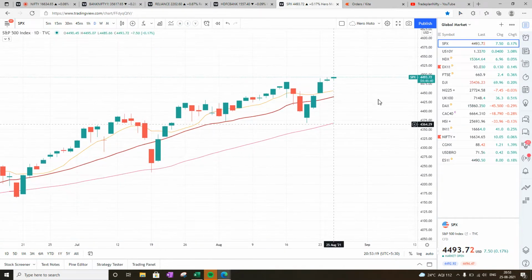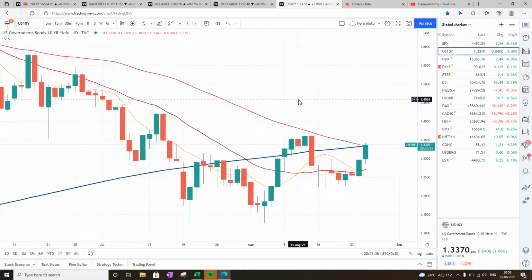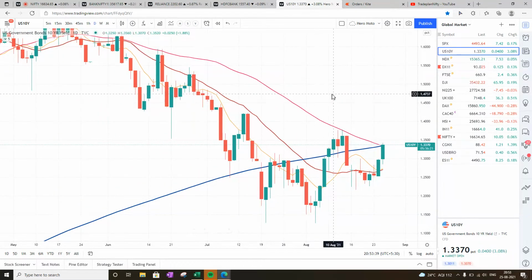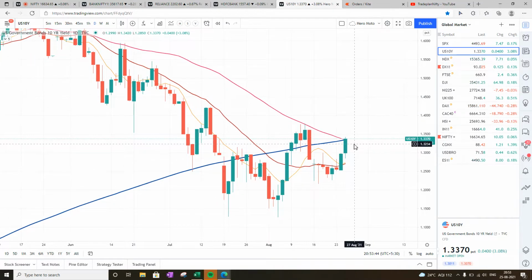When we look into the global market, things are looking quite good. S&P 500 is continuing its super bull run and is running parallel to the 8 bar. So as of now, no problem here. The US government 10-year bond yield has started moving up and is now almost touching 1.33, but still below the very high range of 1.9. So far so good. Let's see today whether it is able to cross above the 200 bar moving average and move up, or from here it is coming back. This could be a very critical scenario, but I guess within the next 2 or 3 trading sessions the picture will get much clearer.